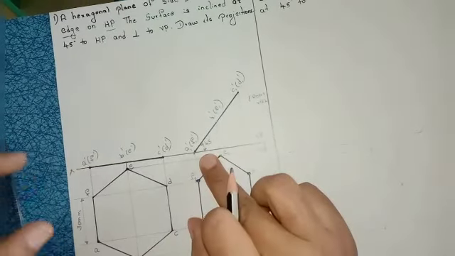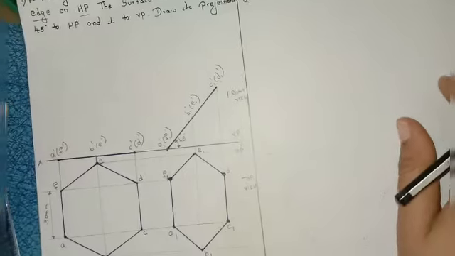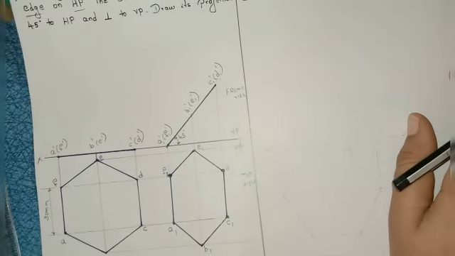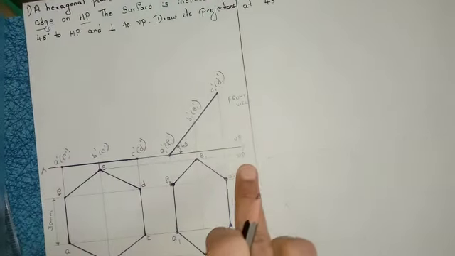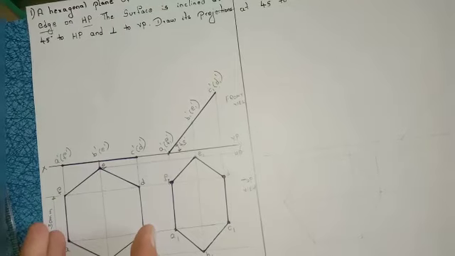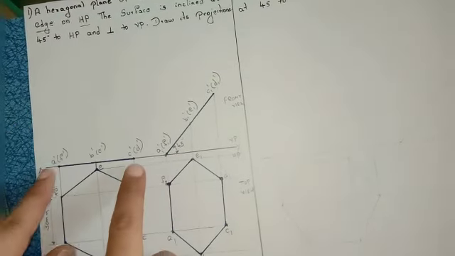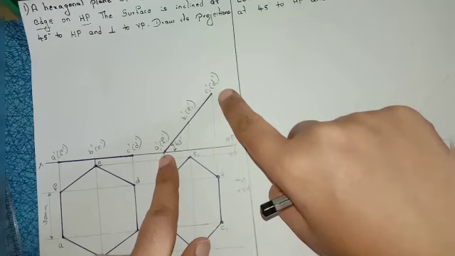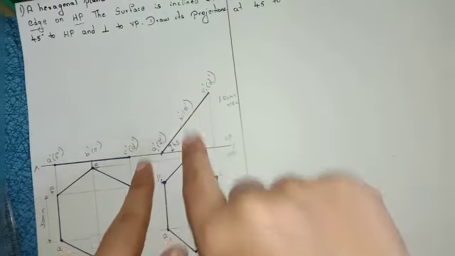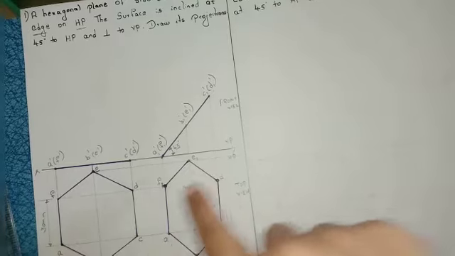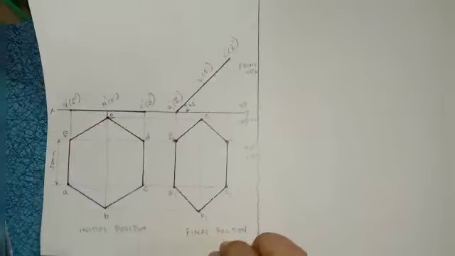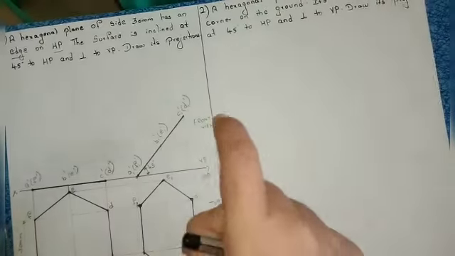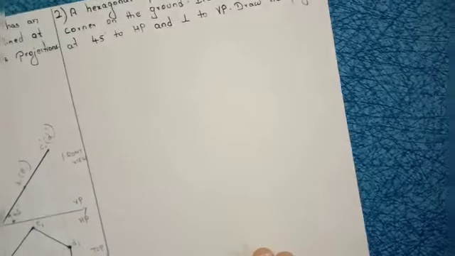Next they mentioned angle also, no? So angle. So this is your problem number 1. Very simple problem. Only the thing is, condition is important. Edge on HP. Simply we are drawing a hexagon, projecting this one. Same line we are drawing here with an inclination. And after that from every point we are projecting vertical lines, horizontal lines, intersection points. After completion, don't forget to write initial position and final position, front view and top view. Okay, so let us see the next one.